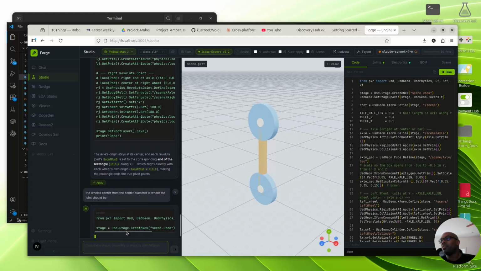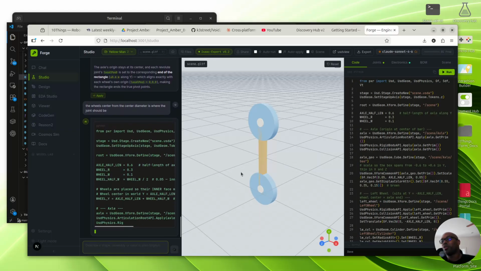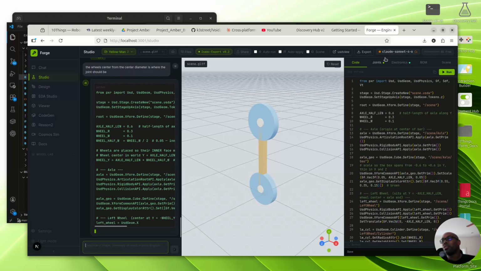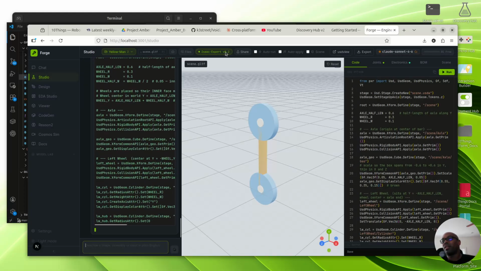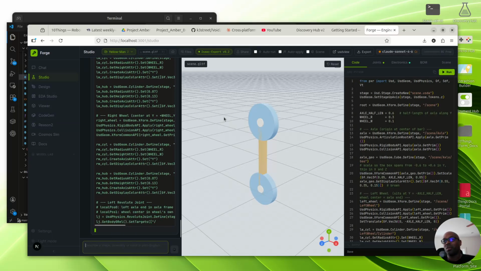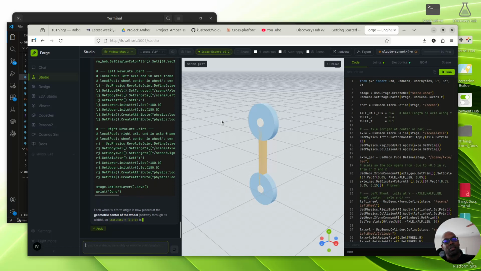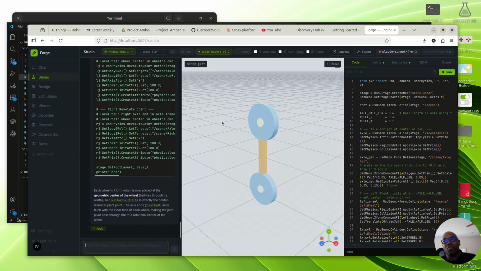And yes, this is quite dumb, but obviously I have much smarter things that I can do. Right now we're using Claude Sonnet instead of my expert. My expert's training right now, and I don't like doing more than one thing at a time on my NVIDIA DGX Spark. It's got unified memory, 128 gigs, which is great. However, let's see if we got it. Nope. So we could play with this all day.